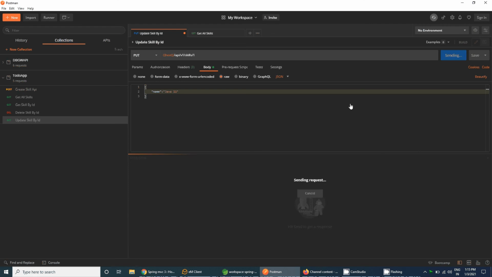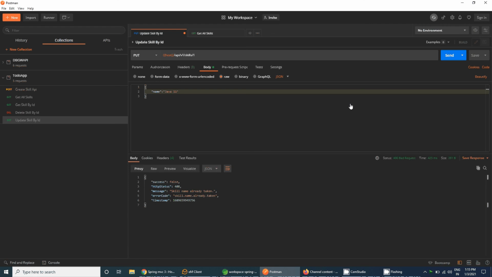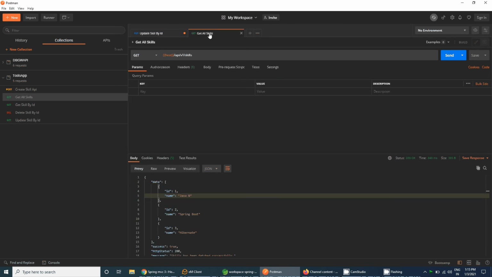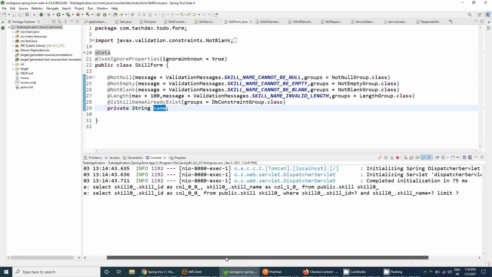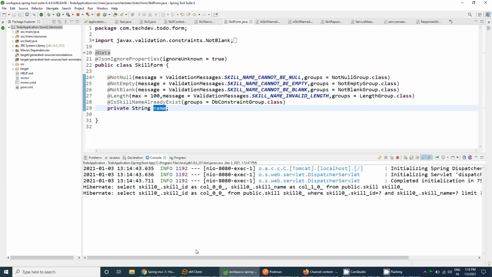Let's hit the API, and it is saying that the skill name is already taken. So why is it saying that? Let me check. It is selecting the skills and limiting this, so the skill name already exists inside that.